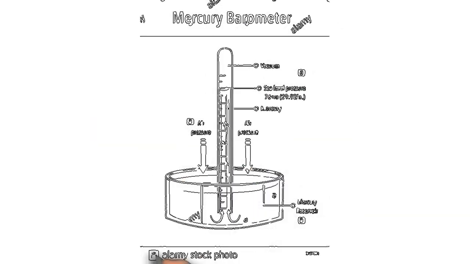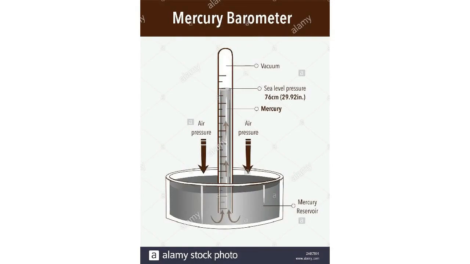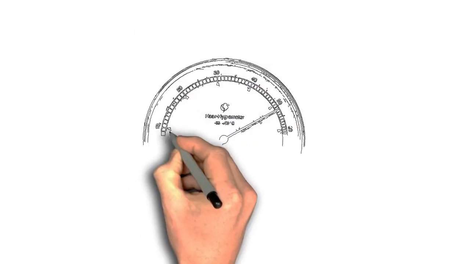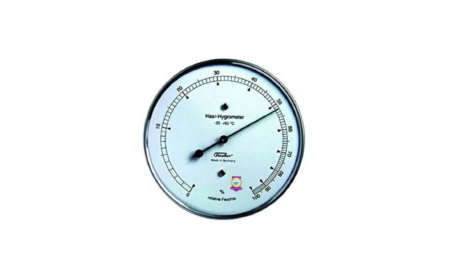Barometer. A barometer is an instrument used to measure atmospheric pressure. The mercury barometer provides the pressure of air, which can be read on the scale marked on a glass tube. The atmospheric pressure is measured in millibars, and 1013 millibars is considered the normal atmospheric pressure. Since the mercury barometer is not easily portable, that means you cannot carry it anywhere, the aneroid barometer is more commonly used. An aneroid barometer consists of a metal box with partial vacuum inside and a flexible wall which expands and contracts, and the pointers indicate the atmospheric pressure accordingly.